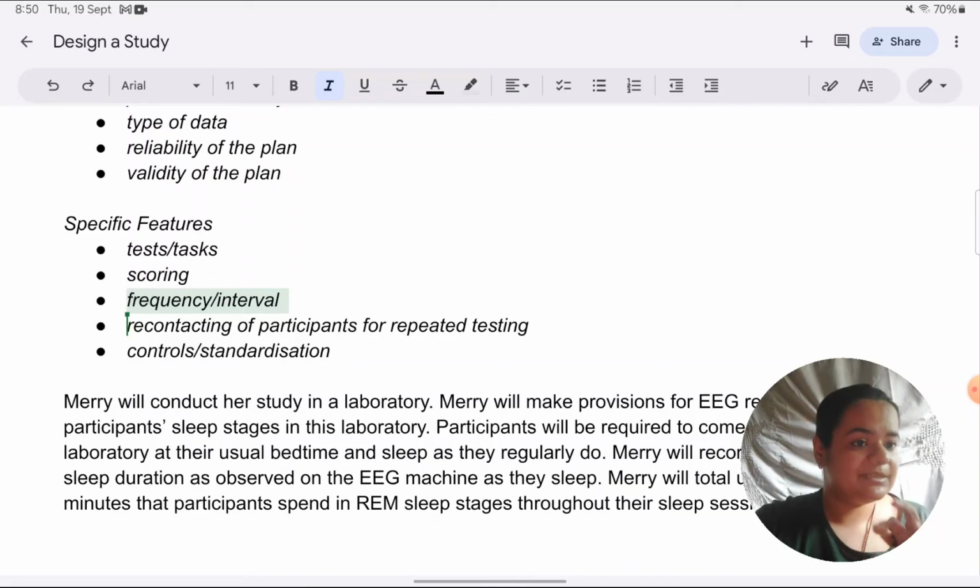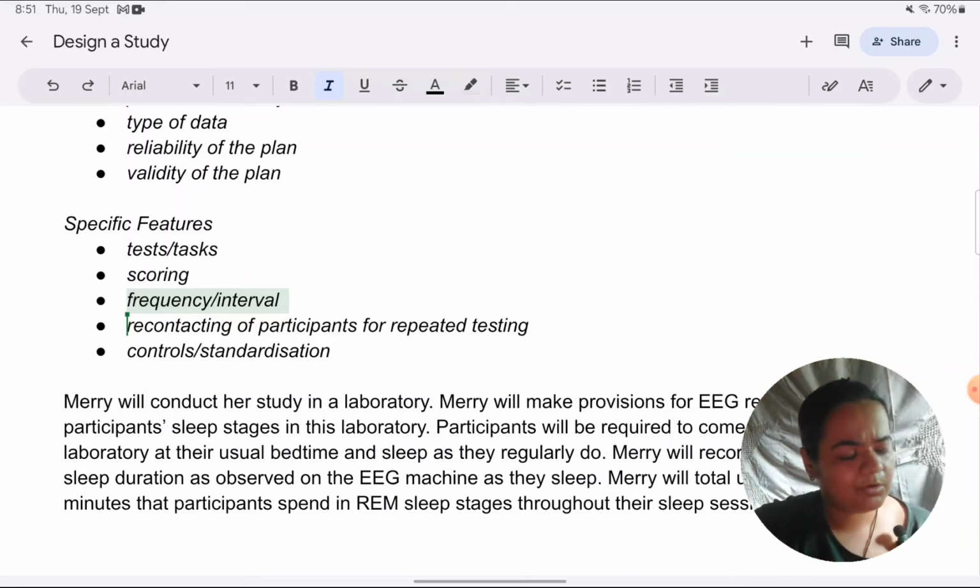Now, here are a few mistakes which students frequently make, which I would just like to point out quickly. One is, despite it being a longitudinal study, many students, no matter what research method is asked, will always make it an experiment. I don't know why. I think they have memorized some template or pattern that no matter what is asked, just begin with the IV, DV, specify which groups or conditions are being compared, give an experimental design, which is absolutely irrelevant here. And it will really push you down in the mark band. So instead of being on level 5, you'll go down somewhere to level 2 or level 1.